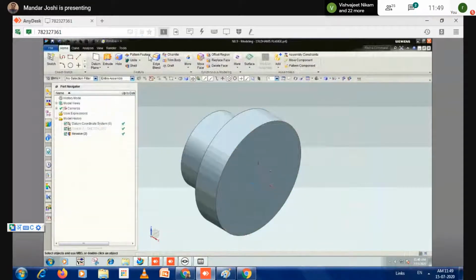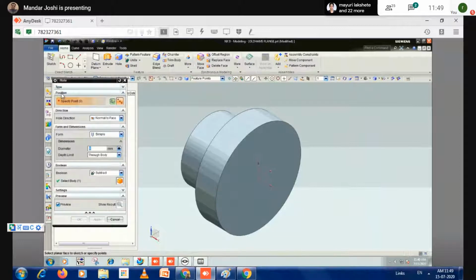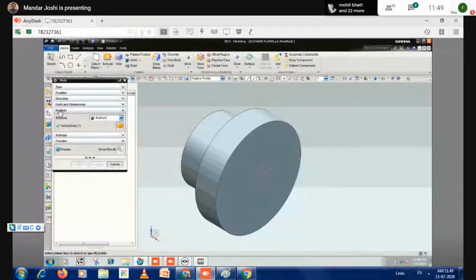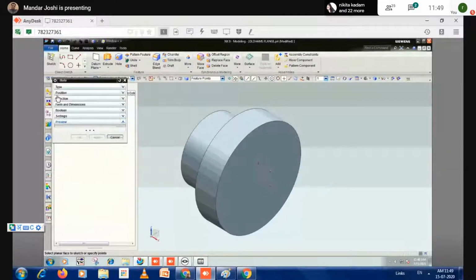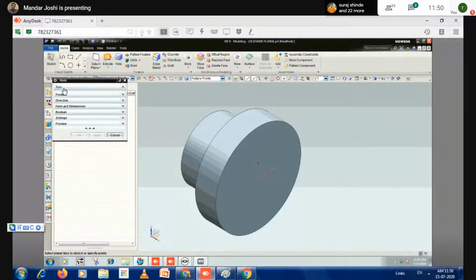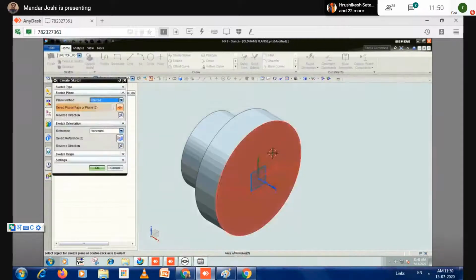First step, select this hole. Select the hole, and these are the steps. I just collapse all the steps or drop down list. So I'm selecting this type. In the type option, which option do you have to use? General hole only. Then second step, position. In the position, you have to select the face. So I'm selecting this option. What is that? Sketch selection. So I'm clicking on this and then click anywhere on this face.